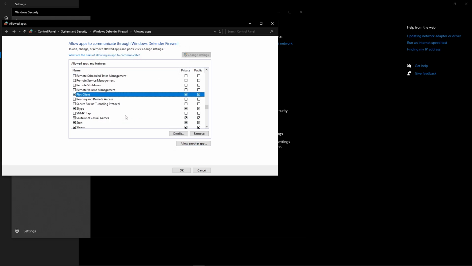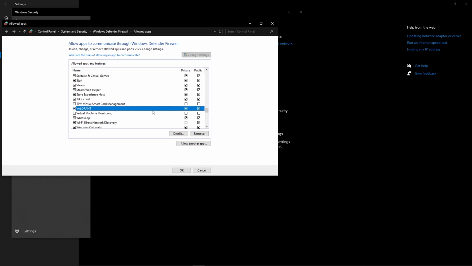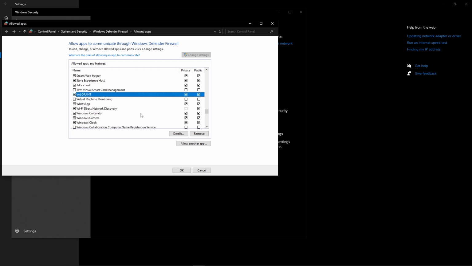After applying these solutions, restart your PC and launch Valorant to see if the error is fixed. That's it. Now you know how to fix VAN68 connection error in